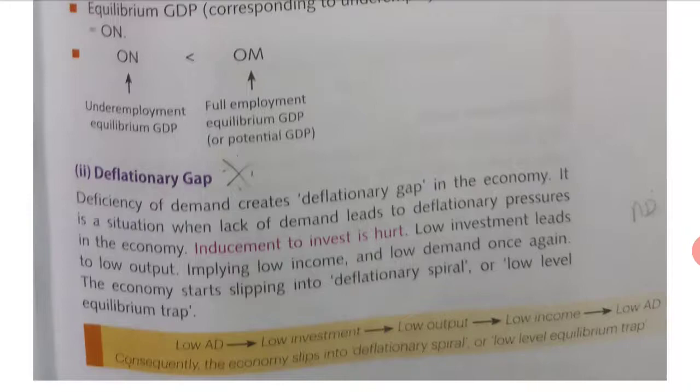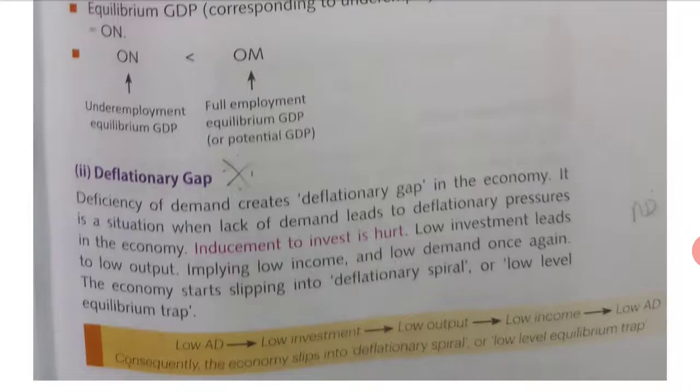Okay. So first, because of deficient demand only, investment reduces. If investment reduces, output reduces, income reduces and demand reduces. Again this happens like a circle. So deflationary spiral means like a circle, again and again the same problem will happen. Or low level equilibrium trap. So low level equilibrium trap, this is a very important concept. Another name for deflationary spiral is low level equilibrium trap. Okay, so like underemployment equilibrium. This is also another term used.